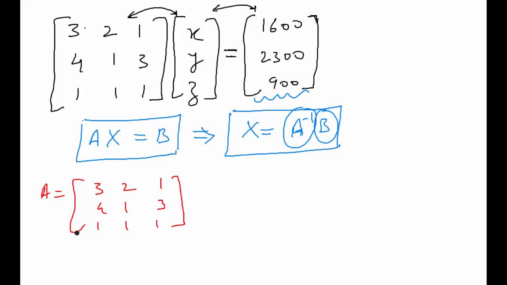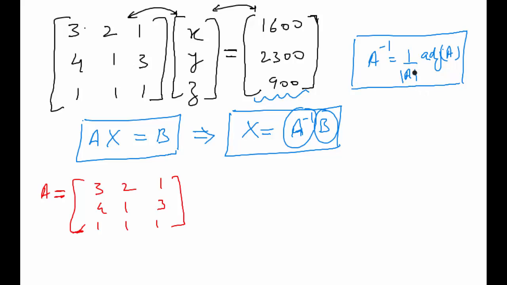So now there are multiple ways of calculating inverse, but we will be using the adjoint method in this case to get the inverse of A. In this particular method, we consider the relation that A inverse is equal to 1 upon determinant of A into adjoint of A. This is the relation of A inverse. Now if I can get determinant of A and separately adjoint of A, I will take the ratio and that will be the value of A inverse.